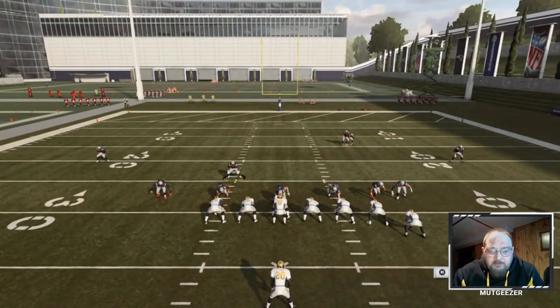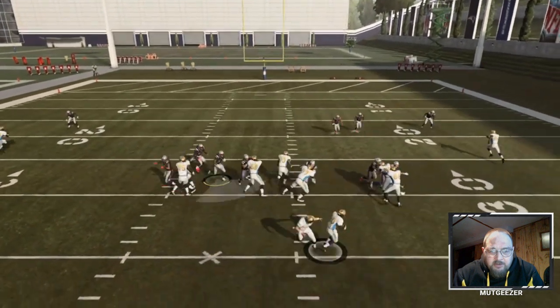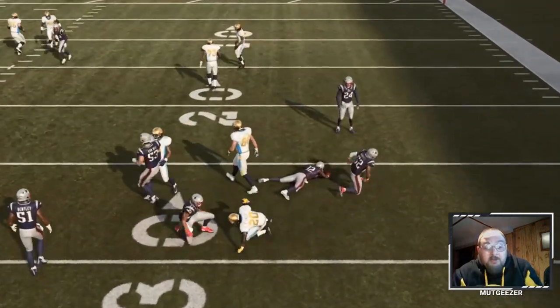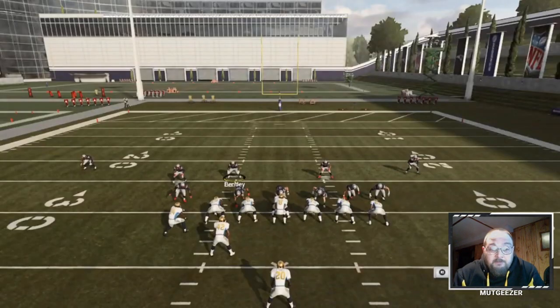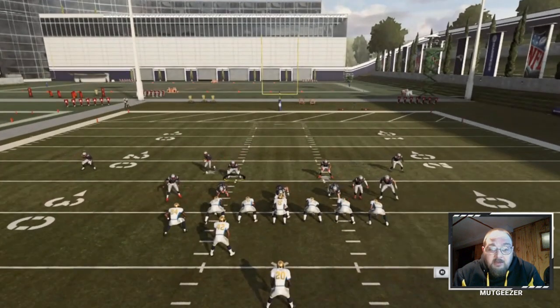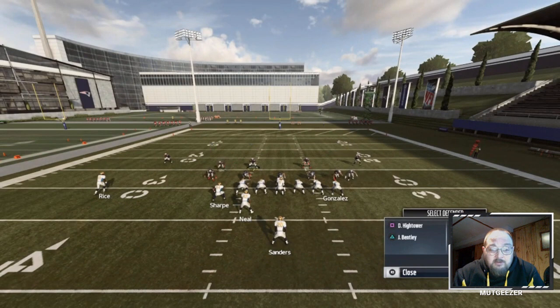This linebacker is super slow. Well, you see how that would have come in quickly with the faster linebacker. Do this one more time here. I almost always spread my linebackers out. Here I got the power